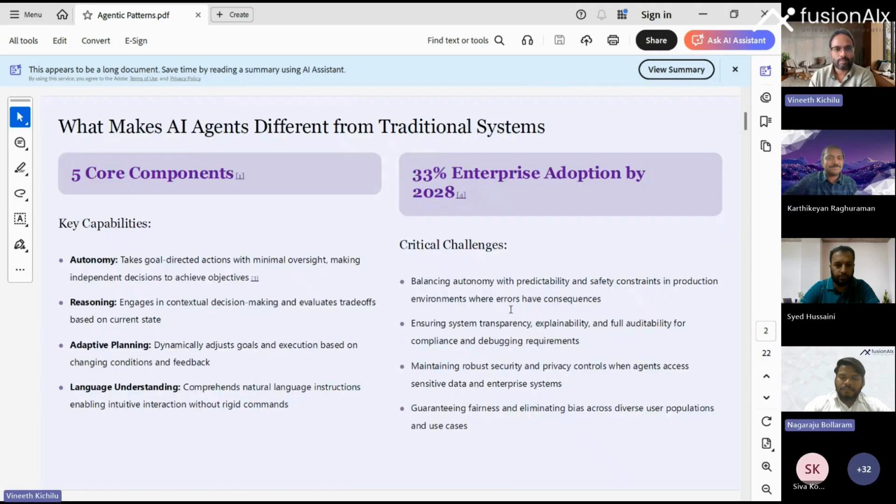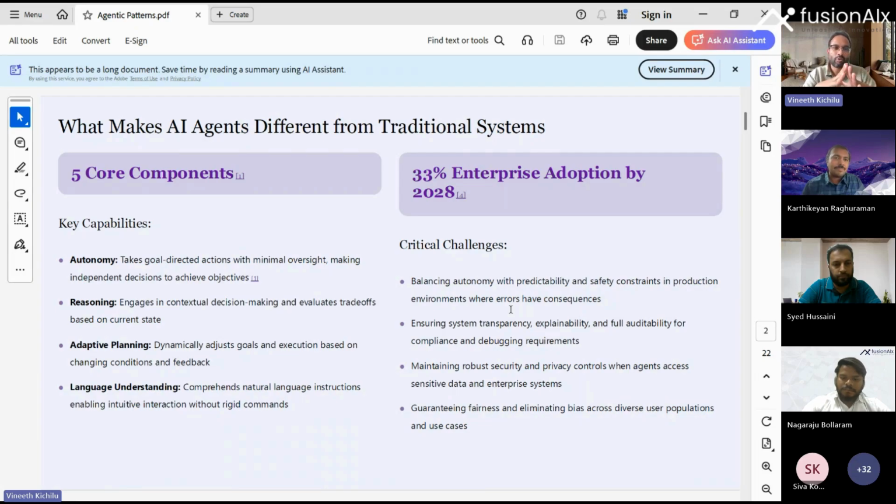Okay, so what makes AI agents different from the traditional system, right? I spoke about this briefly in our past webinar, that the whole agentic revolution started from how in the past conversations used to happen with, let's say, a small bot, and then agent kind of became the fallback of that whole conversation, right? And it became conversational AI, then it became autonomous AI and those kind of things, right?